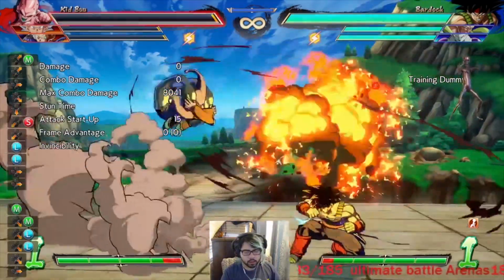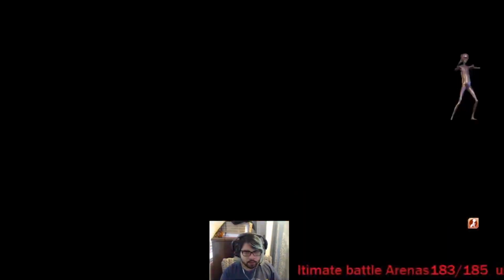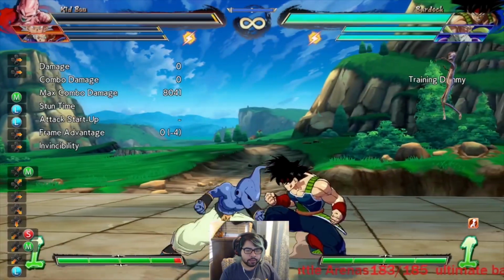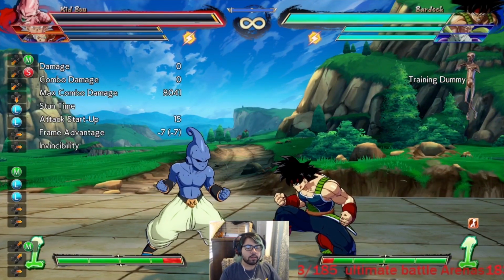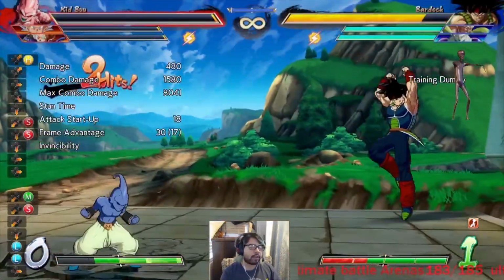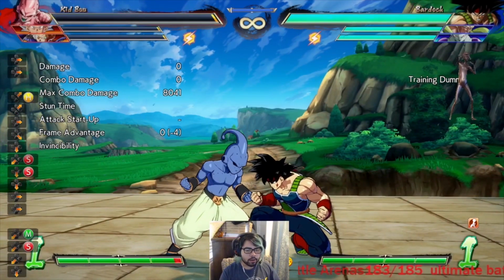With this, it's only really a block string off of 1M, but it's good though because if you're playing against someone that likes to reflect, this is a good bait. Anytime you hit S is a good reflect bait. You just have to react to if they're gonna hit Super Dash. If they hit Super Dash, you can just Ki Blast. You can react off that. You just have to be very aware. If they're not reacting,